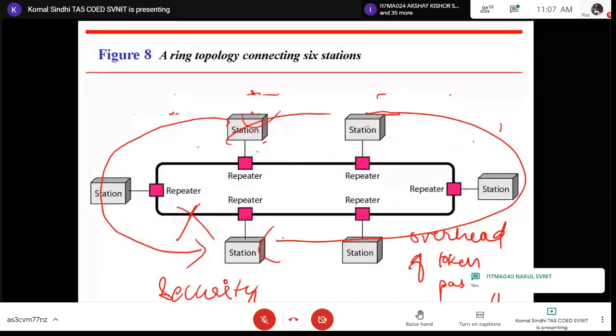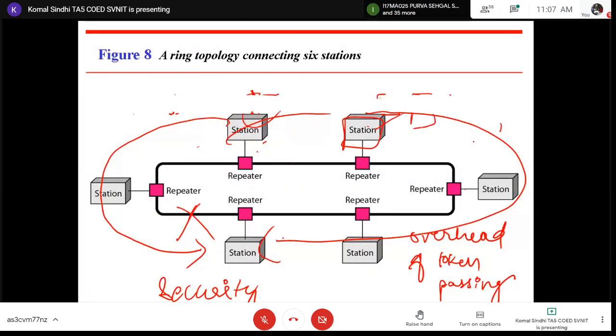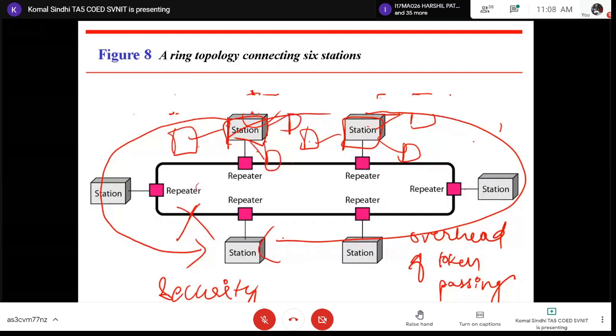For example, this is my ring. At every place, I will be having a hub, and each hub would be connected to 2, 3 devices. Again, I will have a hub over here, and each hub will be connected to 2, 3 devices. So you can say that it is a ring of certain hubs which are connected in star topology to the other devices, right?